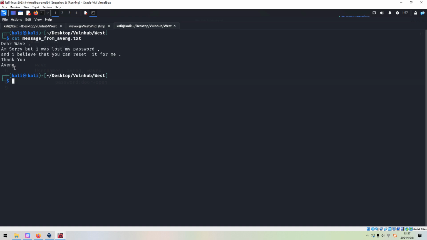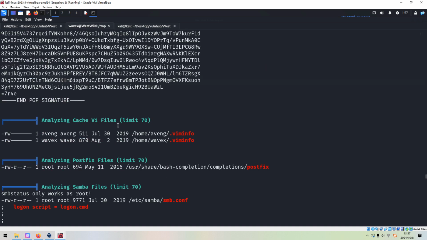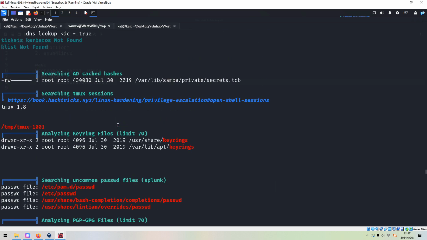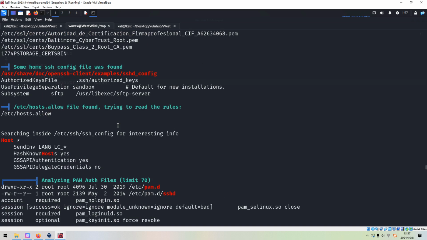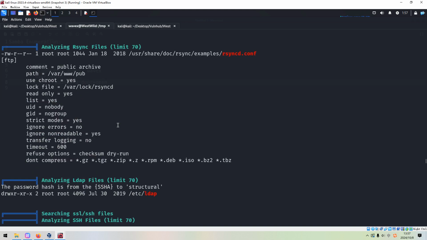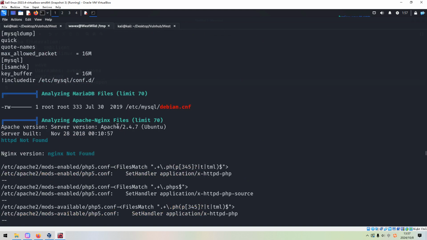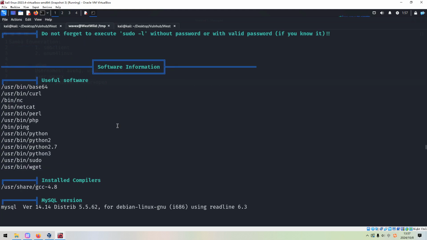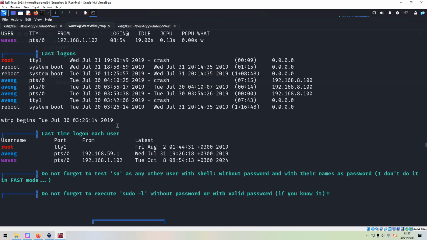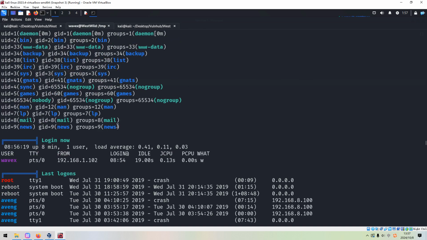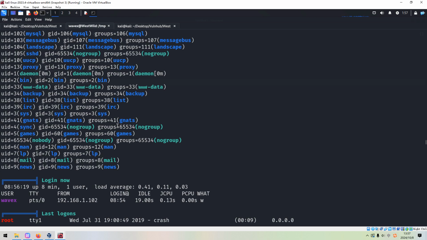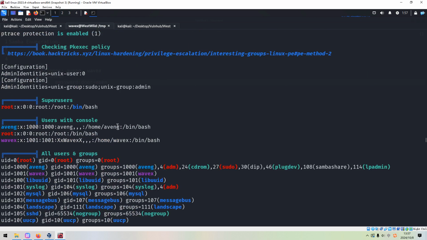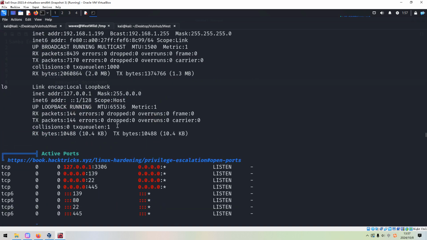So here, dear WebEx, this message is left by Avenge. I lost my password. I believe that you can reset it for me. So let's go back. We need to find some weird or some interesting file. And this file will be in relation to the password resetting, right?